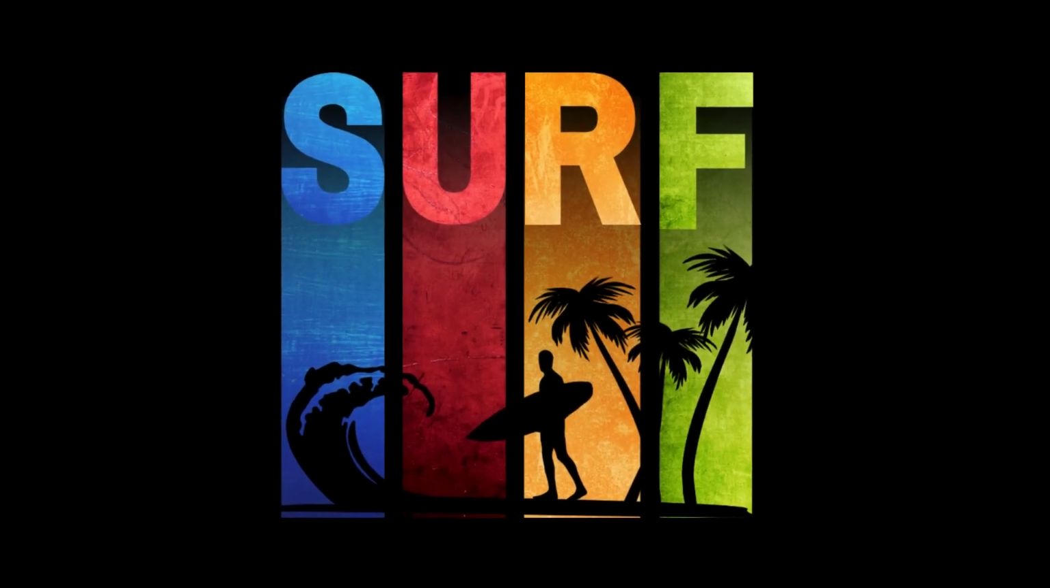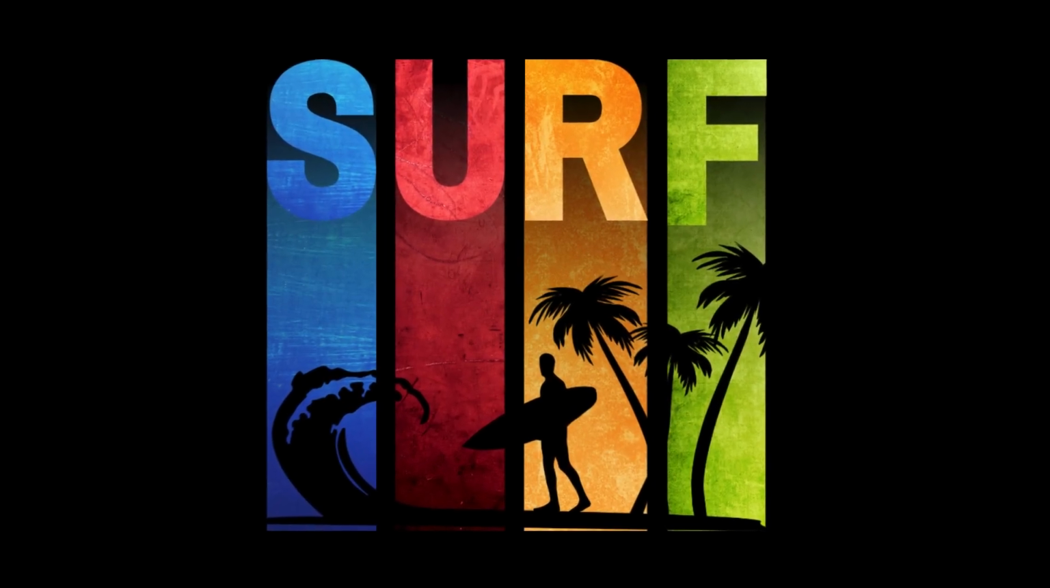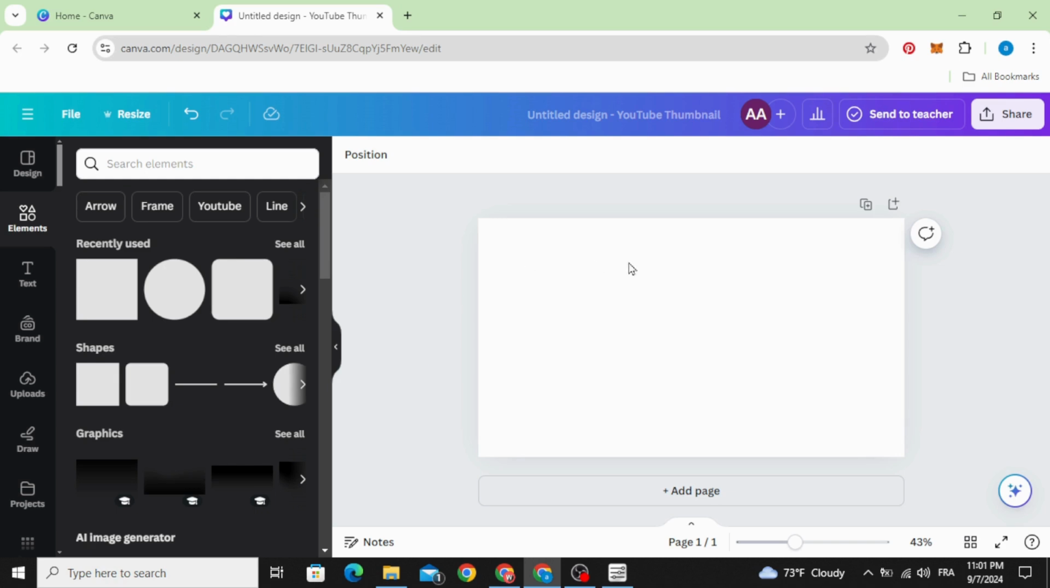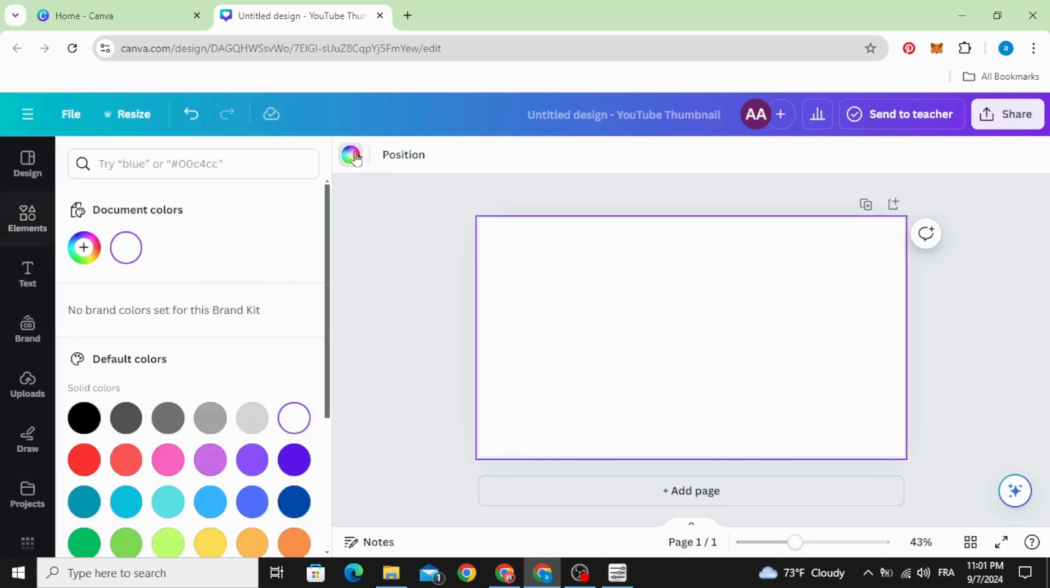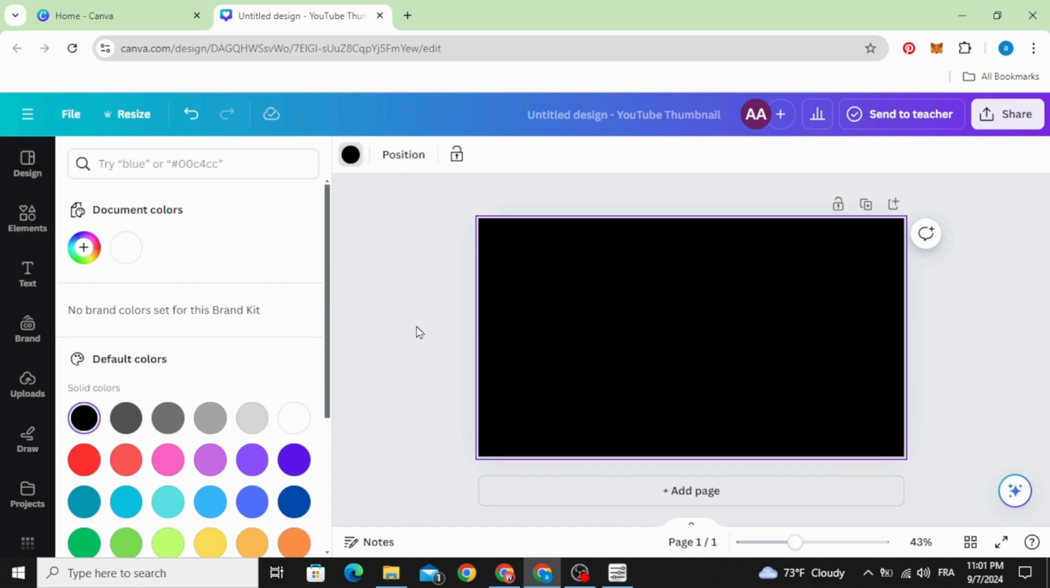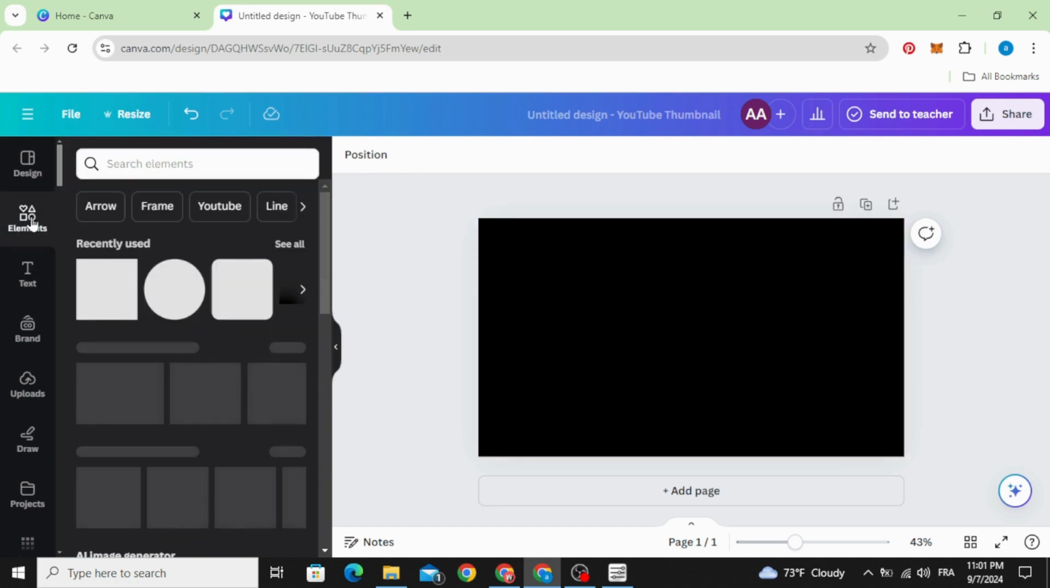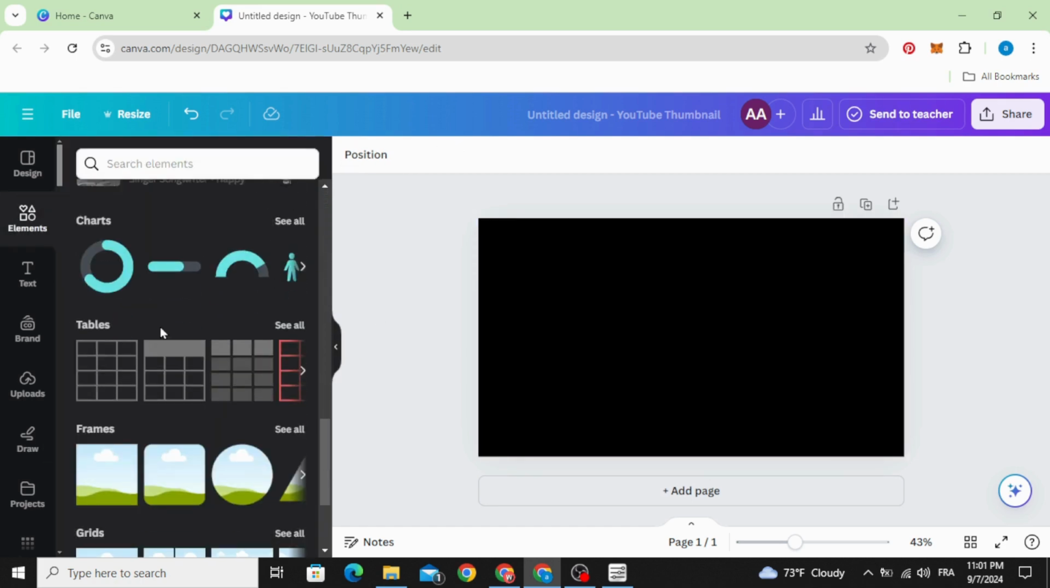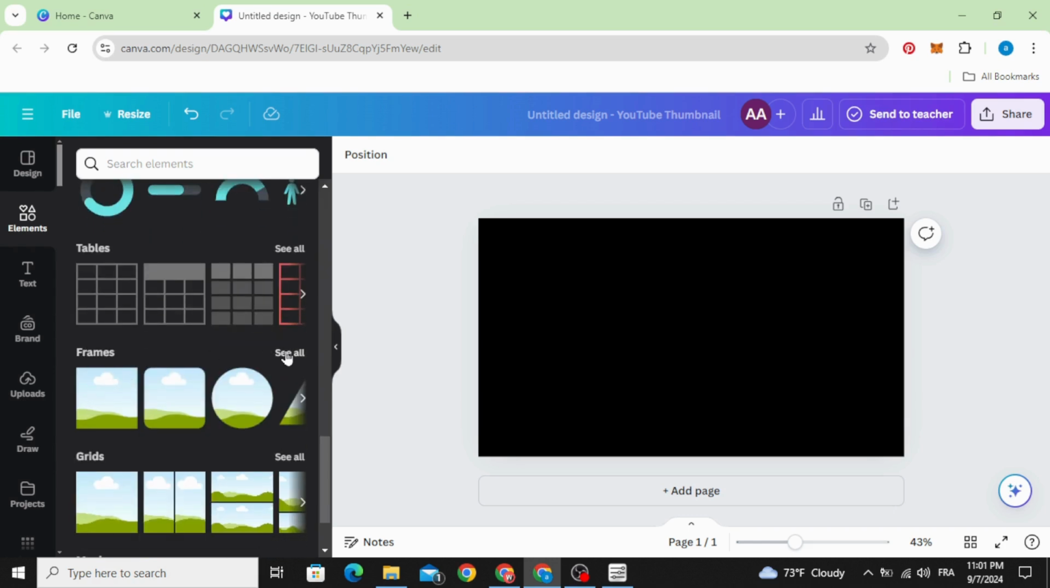Today I'm going to show you how to make this poster design in Canva. After opening a new project, click in the background and change the color to black. Go to elements and scroll down to frames, see all,